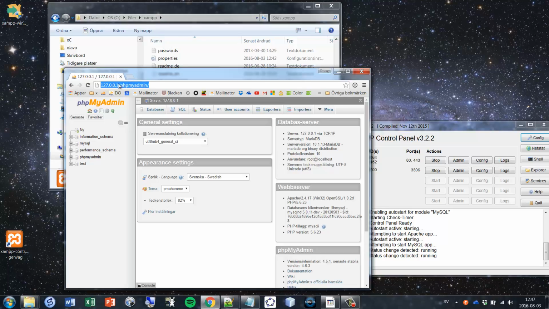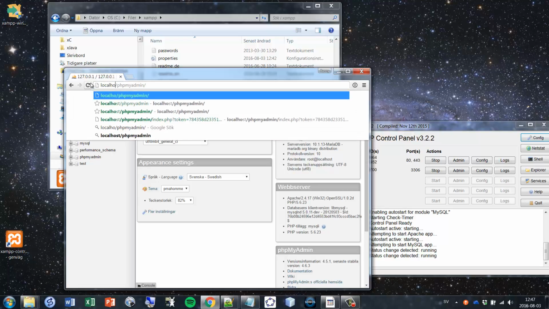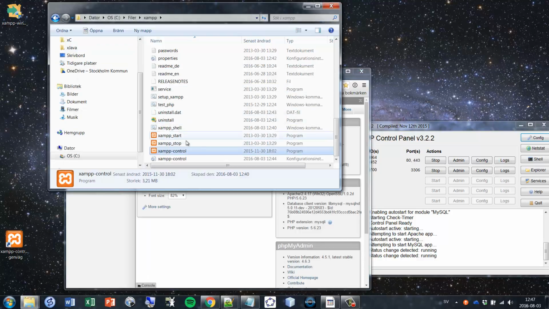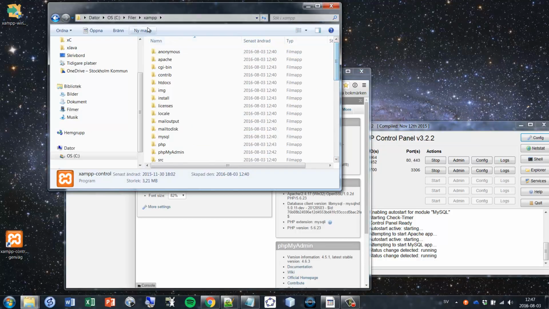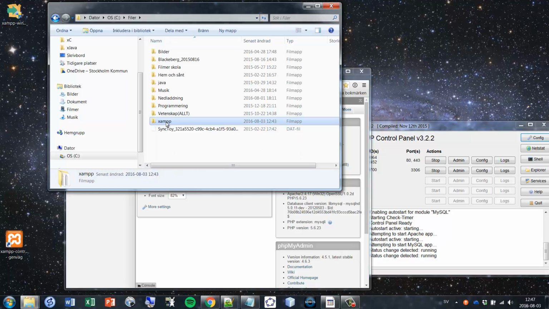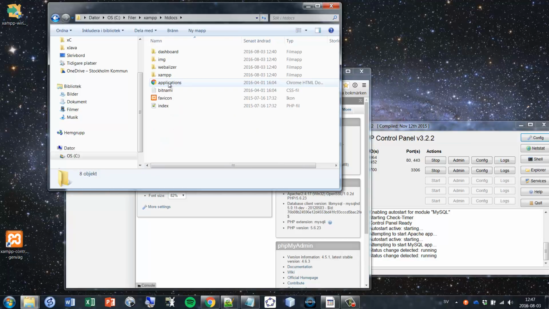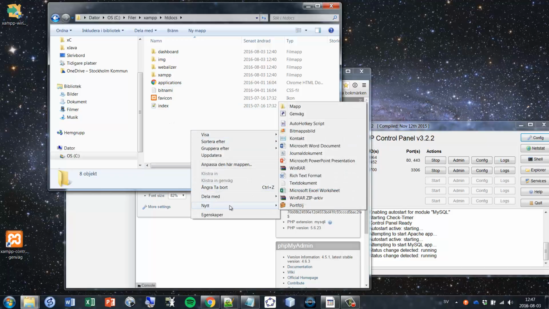Anyway, so where do we find localhost? Well, if you have localhost right here, or 127.0.0.1, where will you go here? Well, if you look at your folder again, we had XAMPP here. We go to XAMPP and you go to htdocs. Everything inside here, if we place a file here, a PHP file, let's do test here, for example, and we